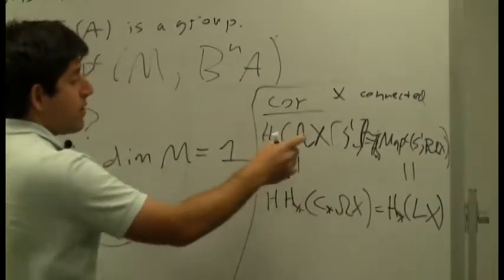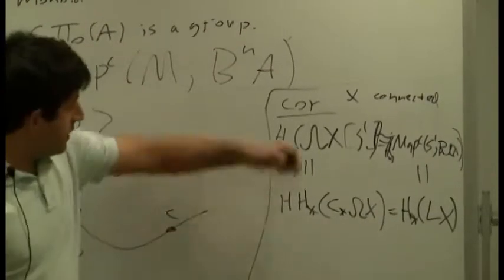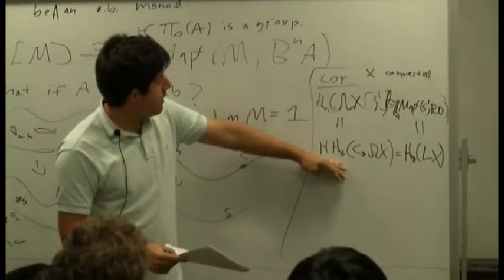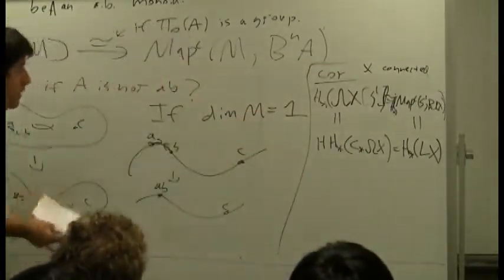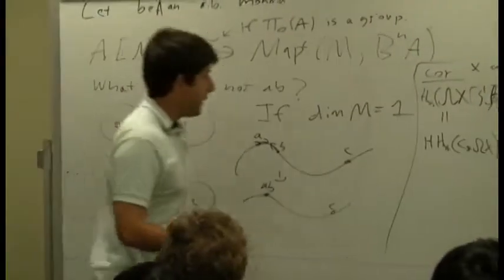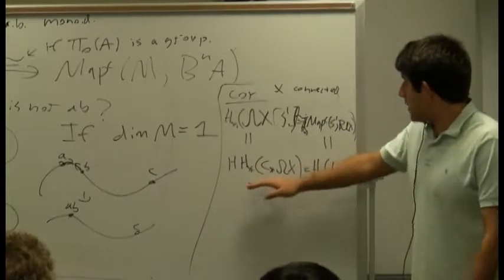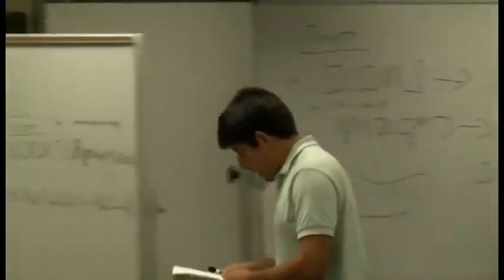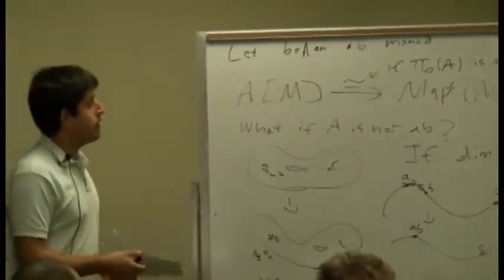It's not so hard, if you filter this space by the number of points, to see that the homology of this space is just the Hochschild homology of chains on the base loop space. So in dimension 1, we get this not completely stupid theorem that the Hochschild homology of the chains on the base loop space is the homology of the free loop space. Okay, so that's maybe one reason why you might want